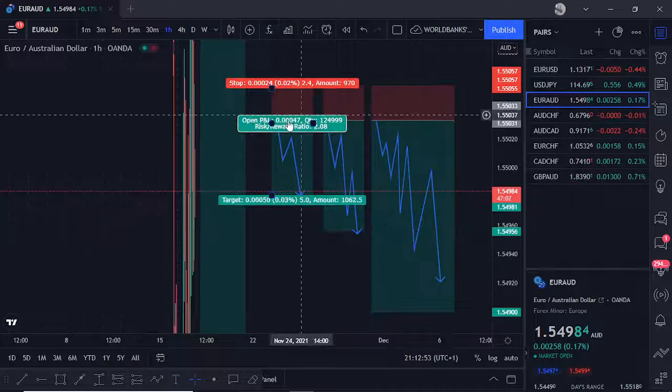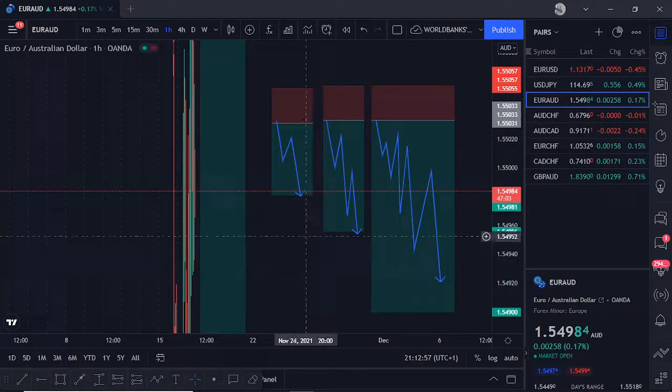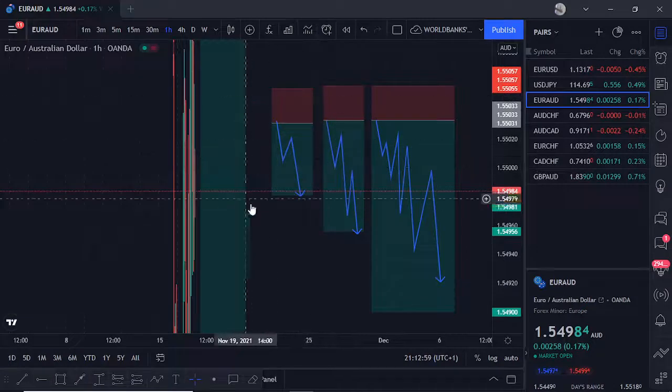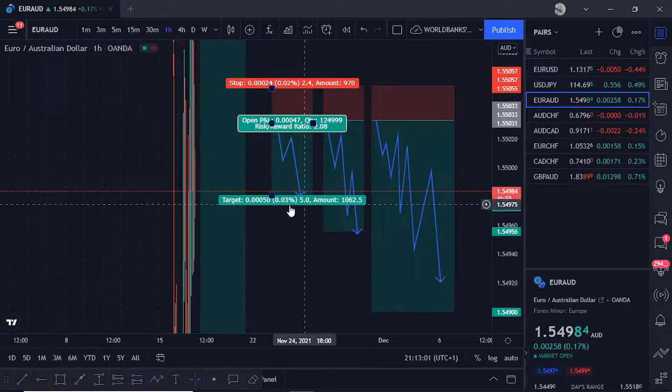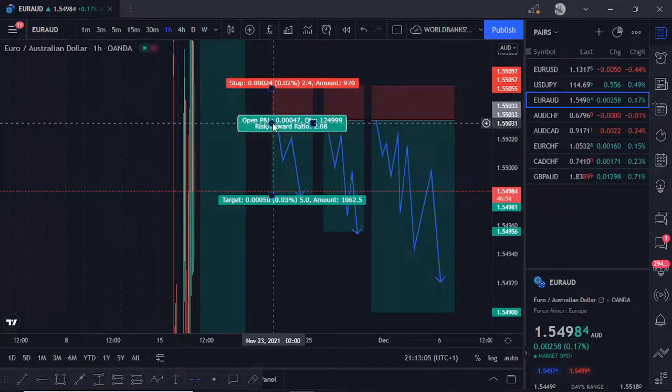The lot size a swinger will use is not the same lot size a scalper will use. A scalper will use bigger lots because he knows he's going to take TP ASAP. If a scalper uses